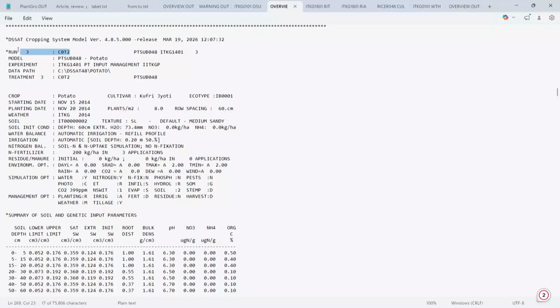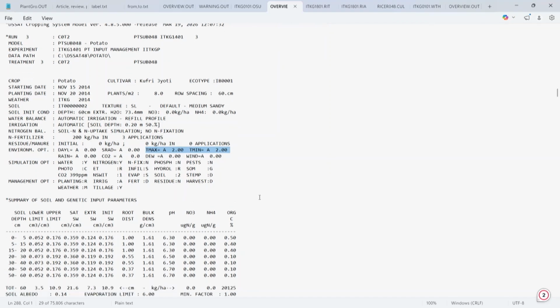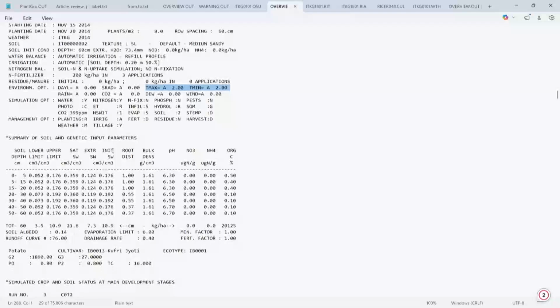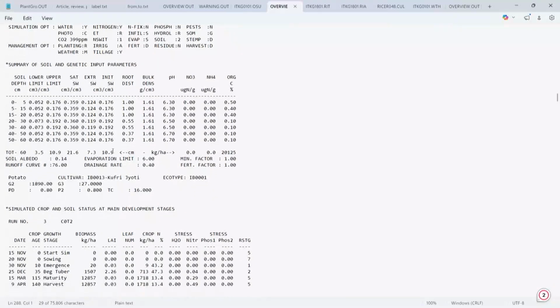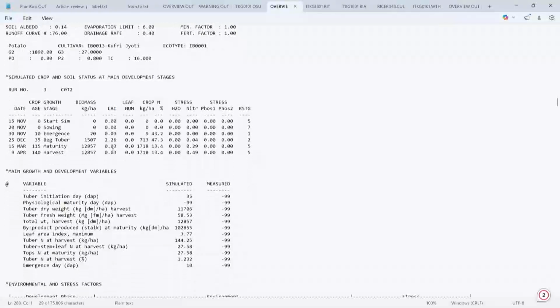So, this is the C0 and T2, where there is no increase in carbon dioxide, but temperature increases by 2 degrees Celsius in the T max additions and the T min additions. We have shown here the 2 degree and 2 degree, and carbon dioxide 0. Here you can see the yield will be lower than the previous value, still a lower value, this is 58.53. So, there is a decreasing yield with the increasing temperature. When there is a rise in temperature, the yield gets reduced.